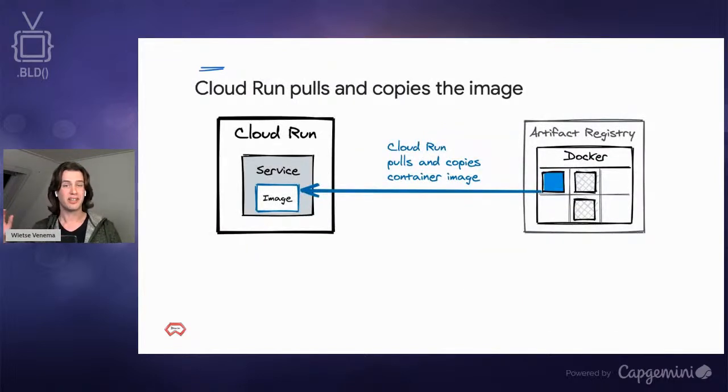And then finally, Cloud Run pulls the container image from the Docker repository. And to ensure that containers on Cloud Run start reliably and fast, Cloud Run will copy and store the container image locally. And this internal container storage is fast, right? So this ensures that your image size is not a bottleneck for container startup time, because large images like your 4 GB Python with a lot of libraries load as quickly as one small, fast, statically compiled Go application